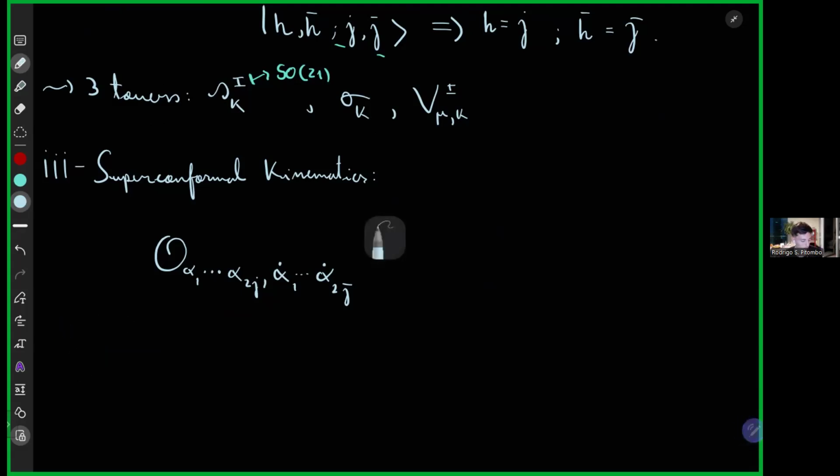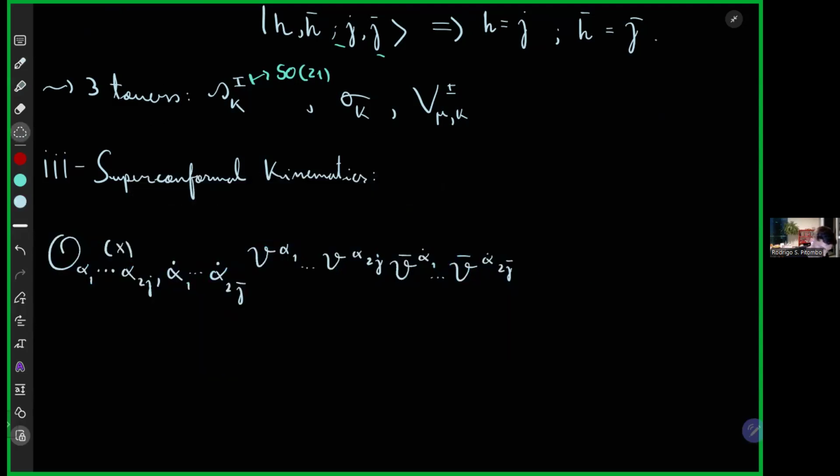So all of this motivates us to contract these free indices of the operators with some polarizations, to make our lives a little easier. We define these polarizations V and V bar, which have SU2 indices too, and we contract all of them: V bar alpha dot 1, and so on. Again, we contract all the left and right-hand side SU2 indices. And this defines the operators we want to study from now on,